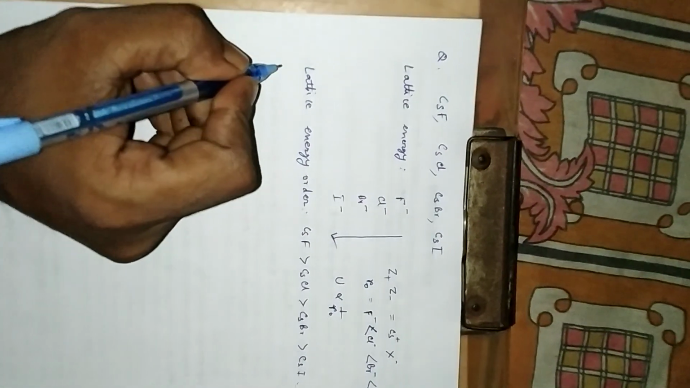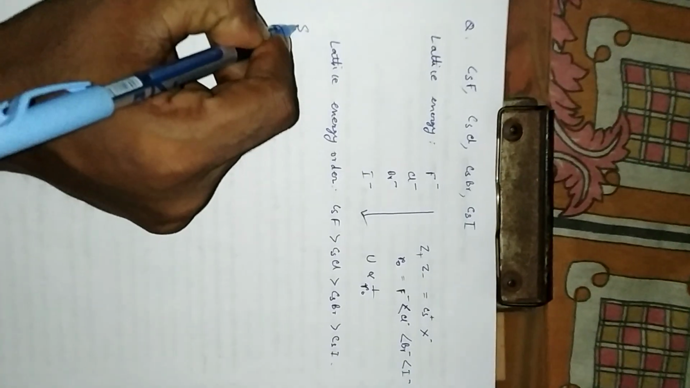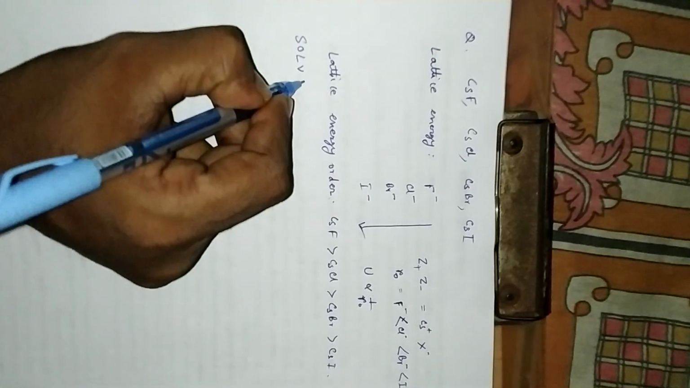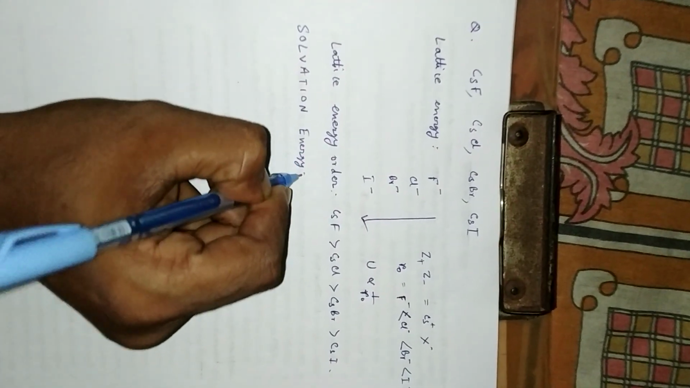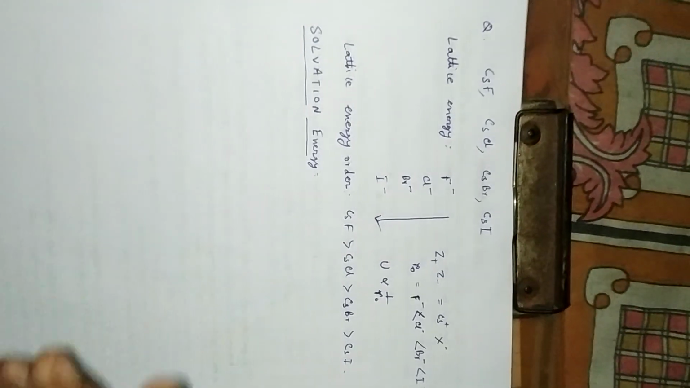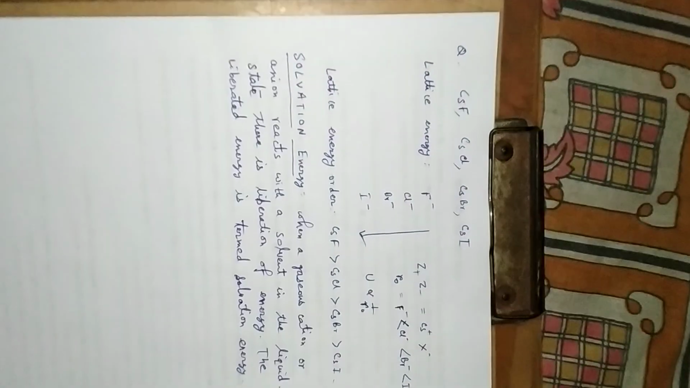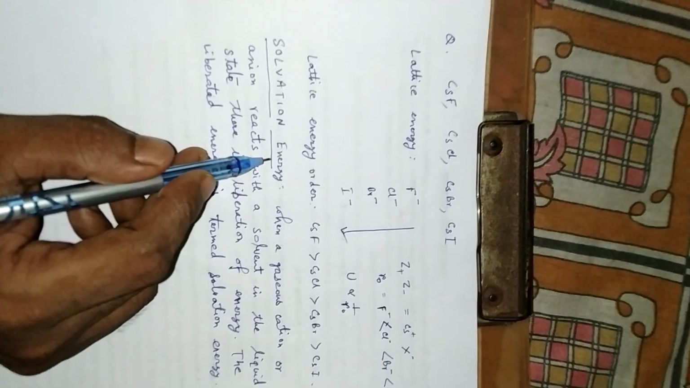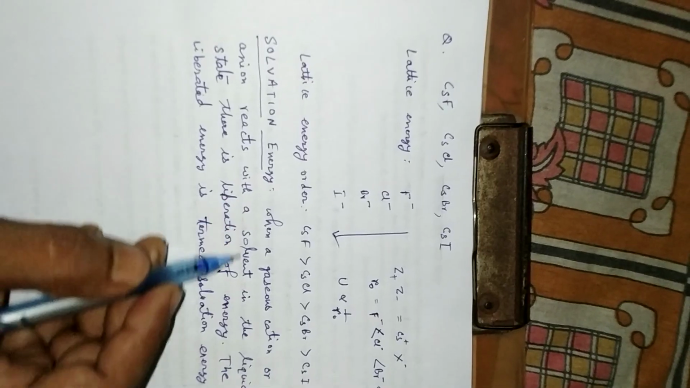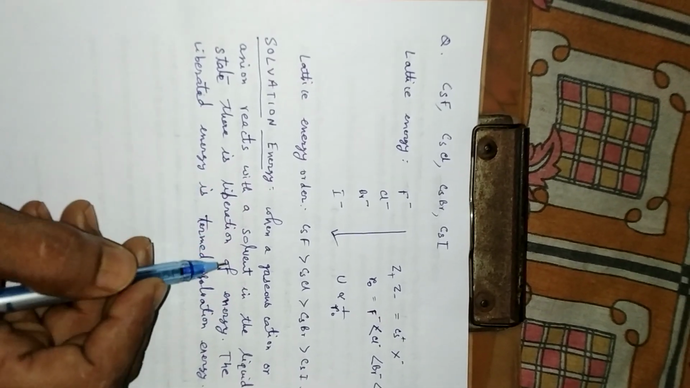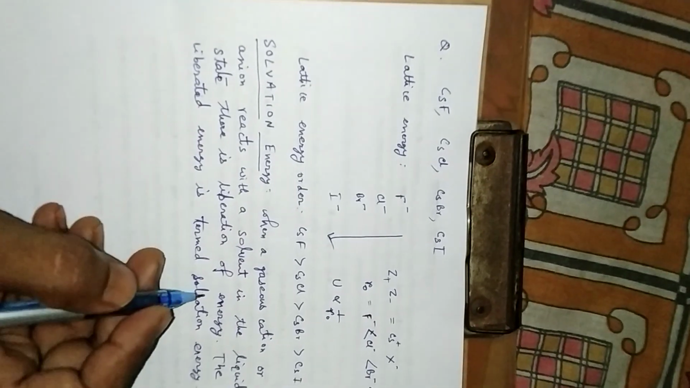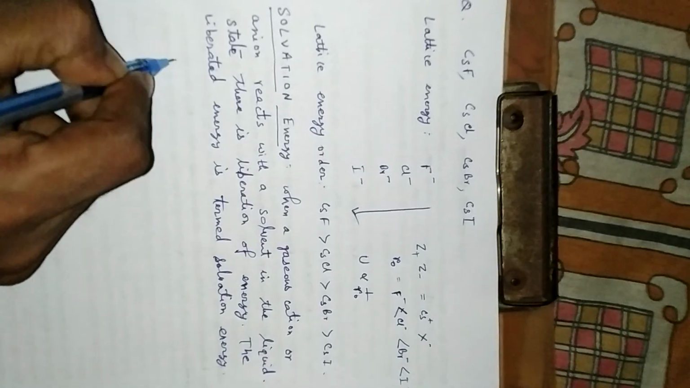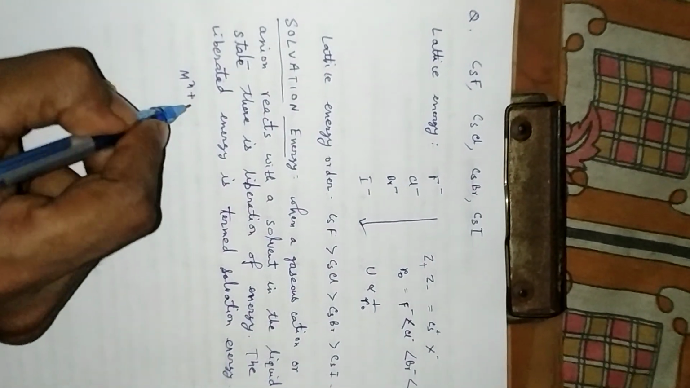Next, today we will discuss another new topic, that is solvation energy. Solvation energy is defined as follows: when a gaseous cation or anion reacts with a solvent in the liquid state, there is a liberation of energy, and the liberated energy is termed solvation energy. So solvation energy for a gaseous ion, suppose M n plus,